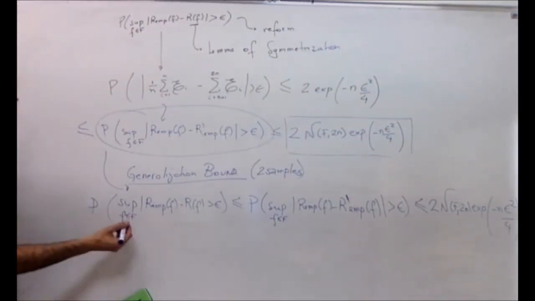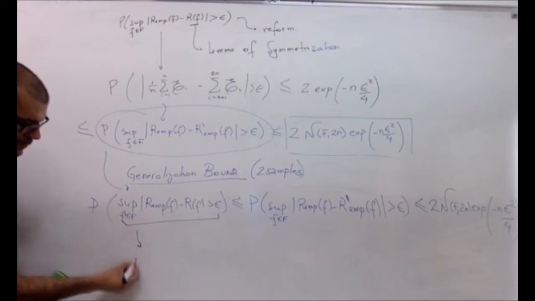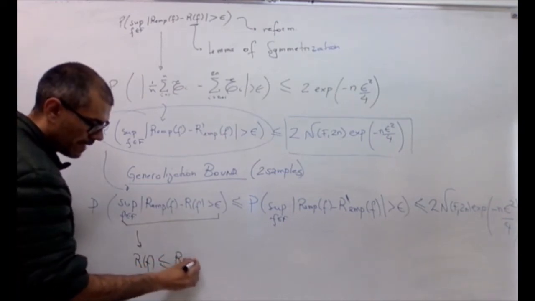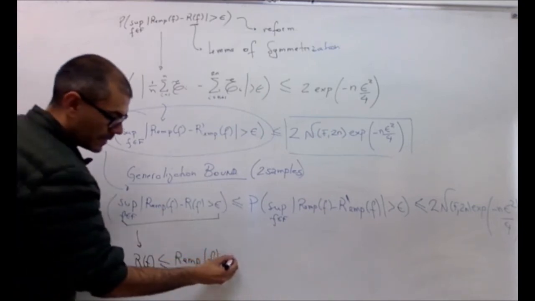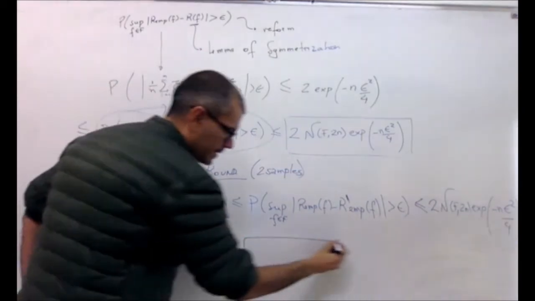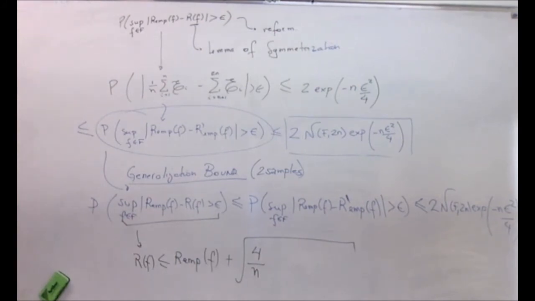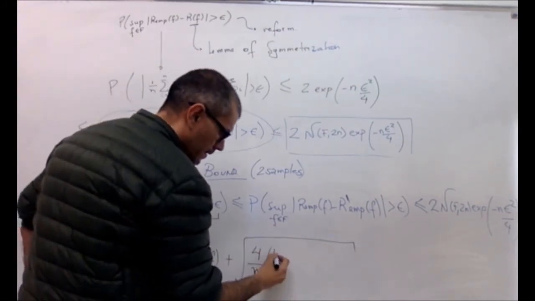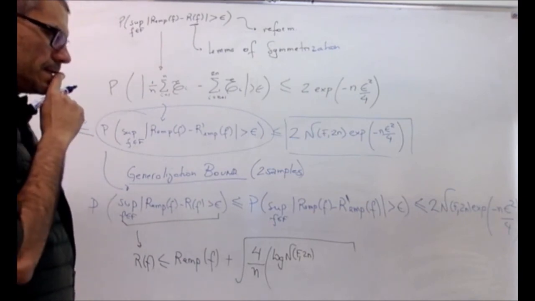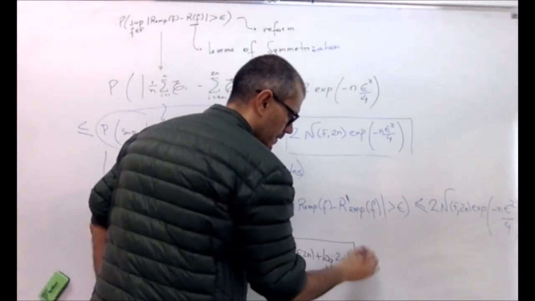From that, what you usually see in books is just an analysis on top of this term. So people get this term, and they say, okay, in that situation, the expected risk will be smaller than or equal to the empirical risk of f, and now you know from where this comes, right? Plus, I have to isolate epsilon again. And isolating epsilon, let's see if I'm not mistaken, I will have 8 over n, let's see, times log of the shattering coefficient for two samples, plus log of 2, minus log of delta. Is it that? Can you